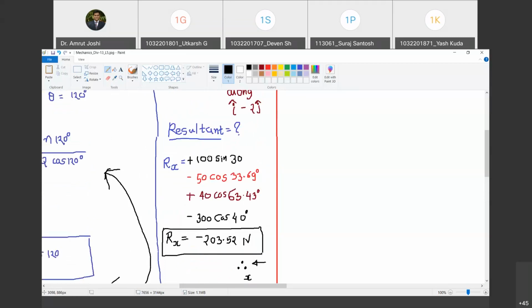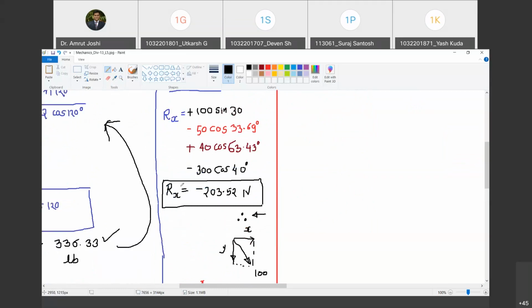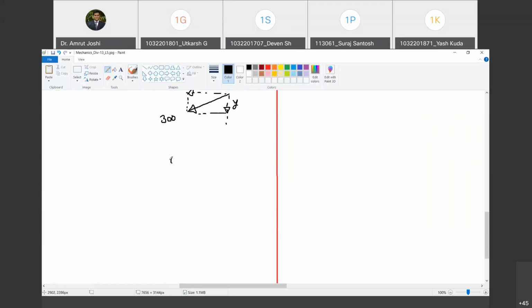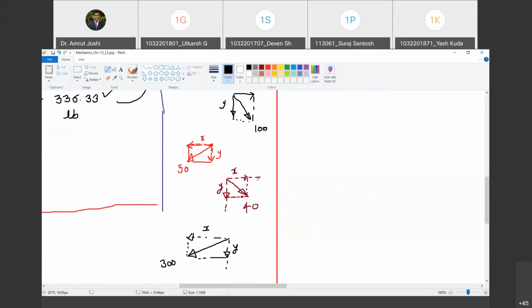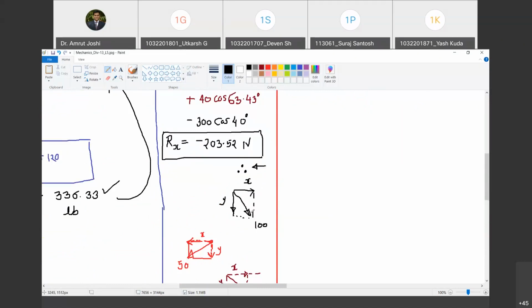Chalo. Similarly, we have added the x components of all the forces, and therefore this algebraic addition is Rx, that is the x component of the resultant. So I have now got the x component of the resultant. Not only its magnitude, but I have also understood that it is towards left. Happy? Yes, sir. Now let us do the same thing for Ry. So how do I write Ry now? I have to take the y components of all the forces. So now instead of referring to this diagram, I have drawn the senses of all the forces here. So let us refer to this. Are you with me? Yes, sir.